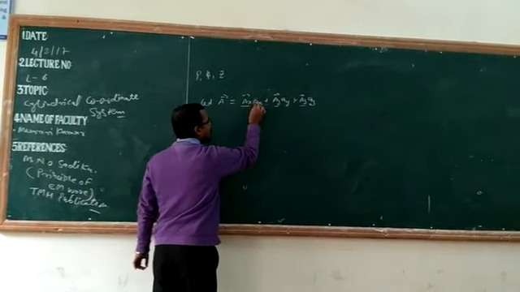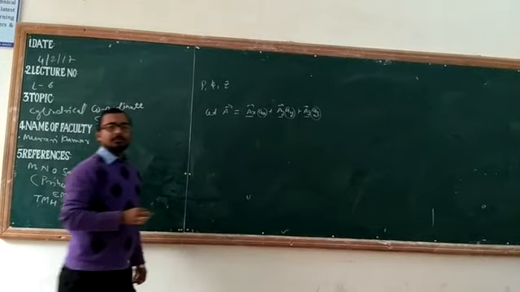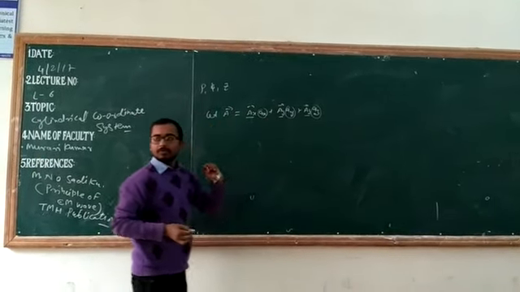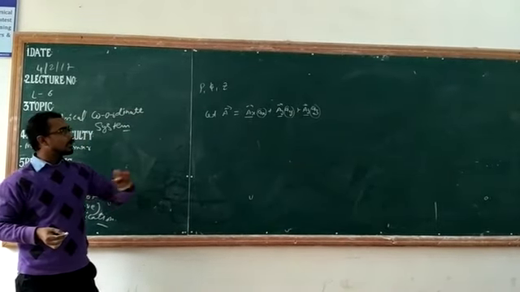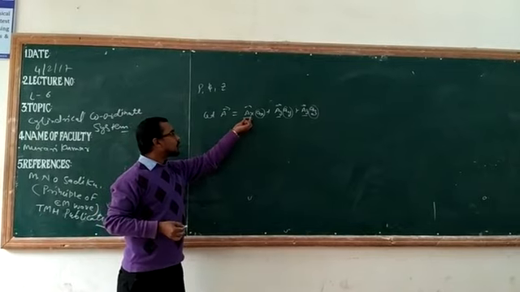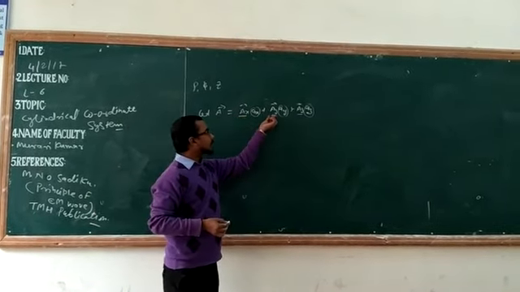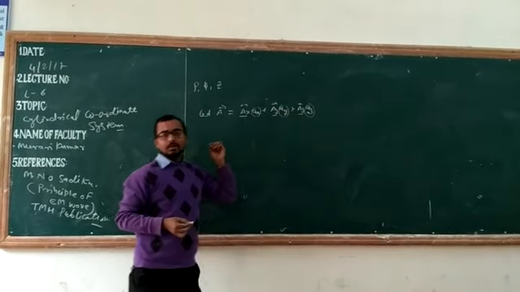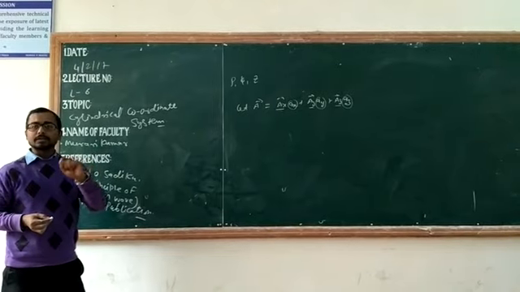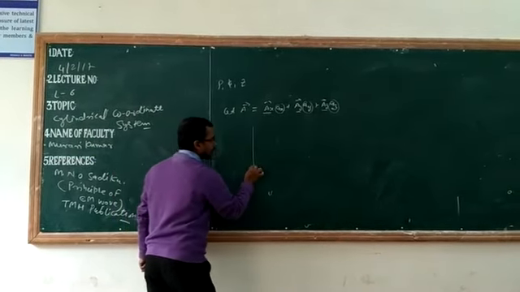And ax, ay, and az are the unit vectors of the respective axes, and they show the direction in which the vector A is moving and how much it moves. That means the magnitude in the x direction is Ax, in the y direction is Ay, and in the z direction is Az. Now, when we are finding the distance or the displacement between 2 points in the Cartesian coordinate system, that is equal to